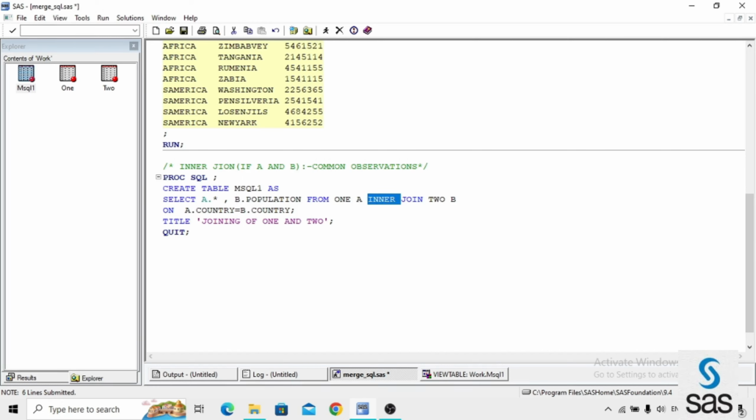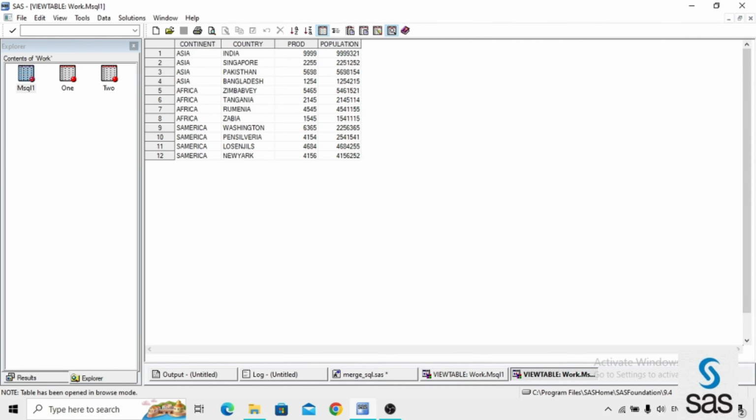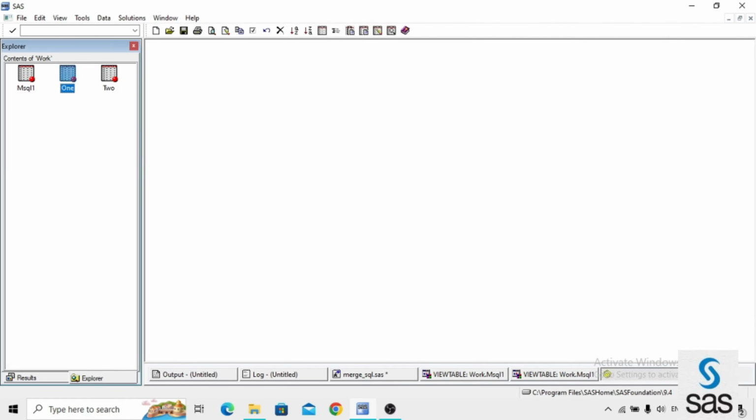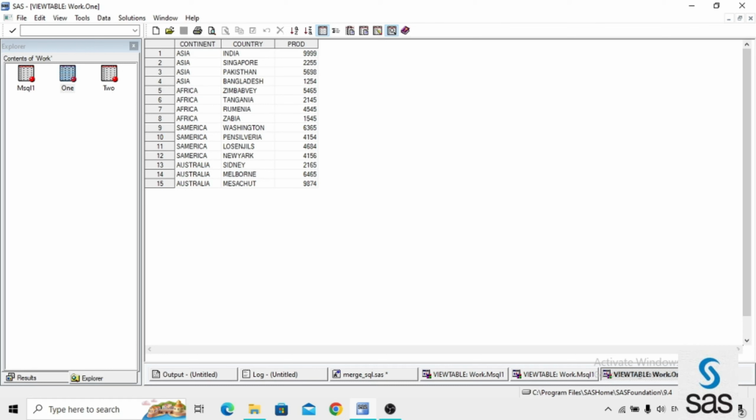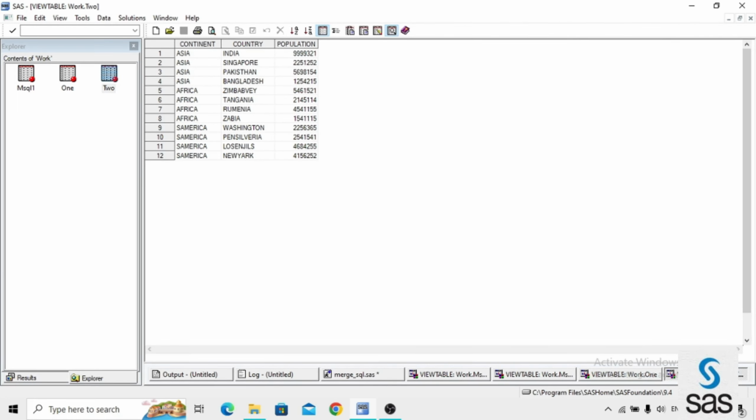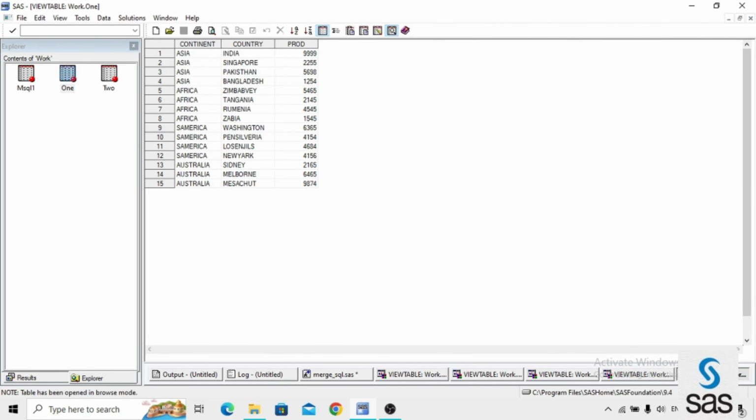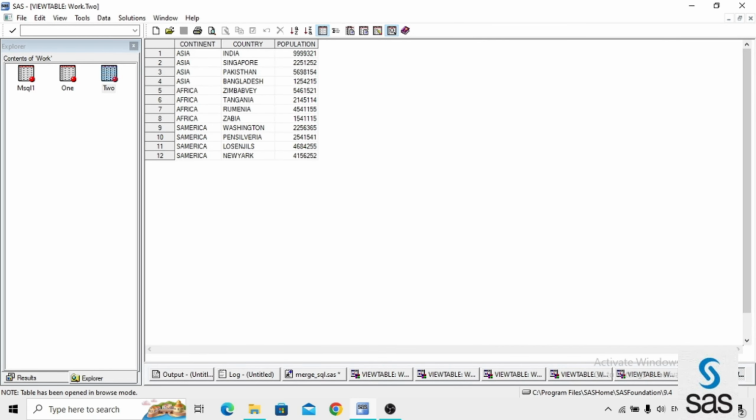And I am giving inner join. What does that mean? Common observations from both data sets. Here only the common ones, 12, are there. In A we have 15. In B we have 12. Then what are the common observations from those? Only 12. Did you get it? Here what is the extra one? Australia is there in A. In 2 there is no Australia.